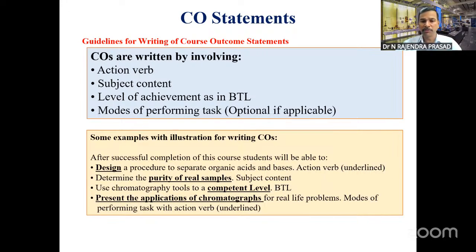How are these course outcomes written? By following these rules. Okay, number 1, you have to use the action verb. After successful completion of the course on separation techniques, the student will be able to design a procedure to separate organic acids and bases. So you will follow a certain procedure to separate acids and bases. What is the action verb here? Design. Design is the action verb. Okay, next. In the course